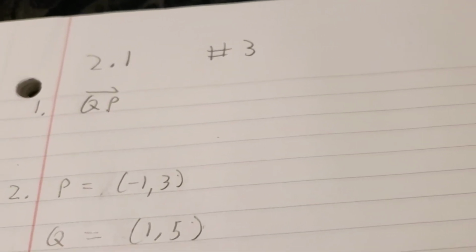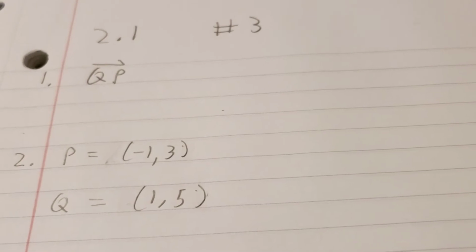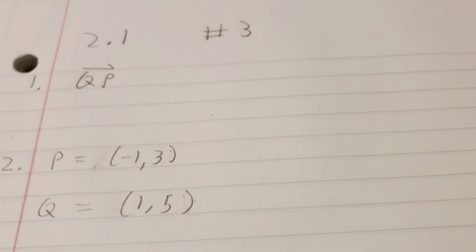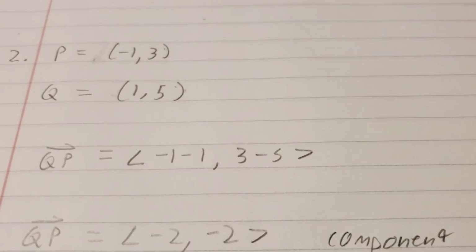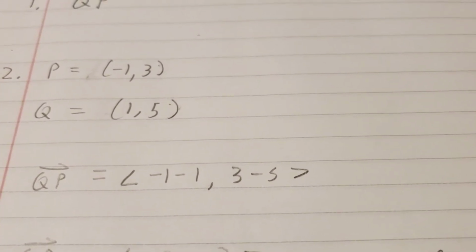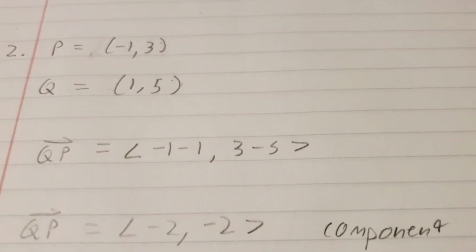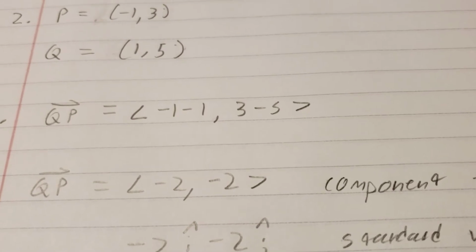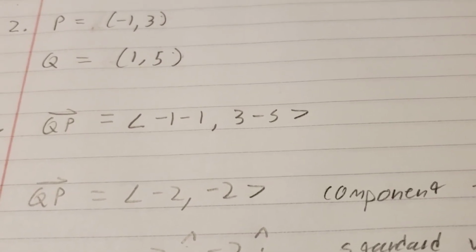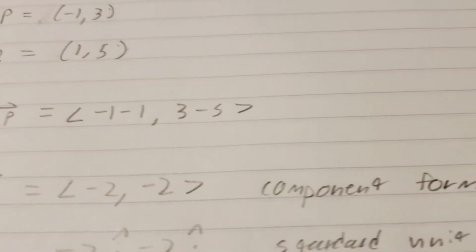And since P is our terminal point or end point, we can subtract 1 from -1 and 5 from 3. As written down here, -1 minus 1 and 3 minus 5. This can be simplified down to our QP vector being -2, -2, and this also happens to be the component